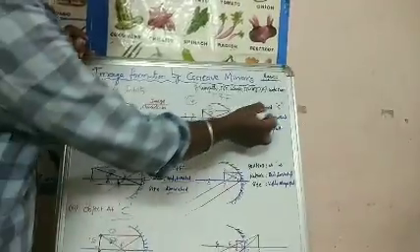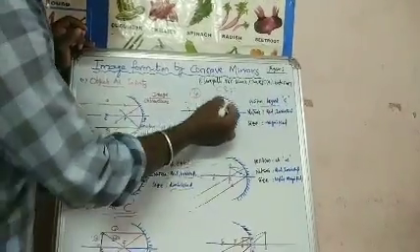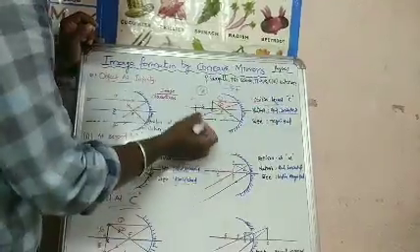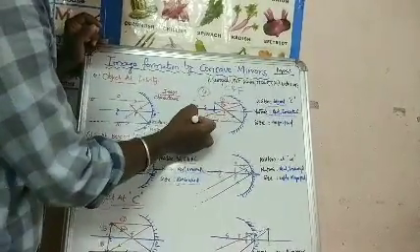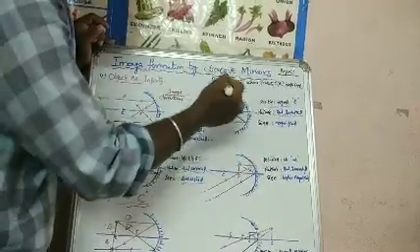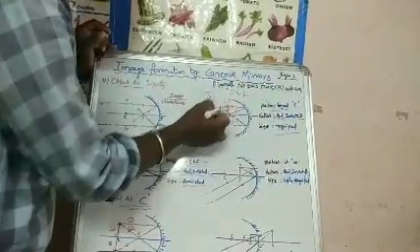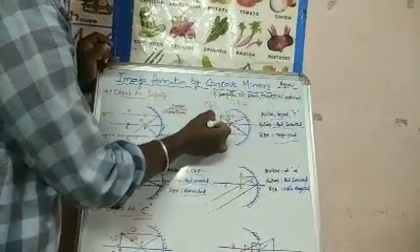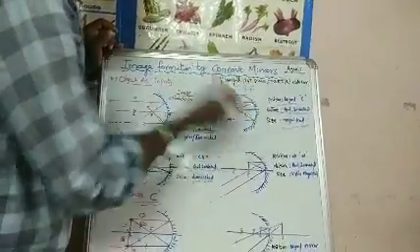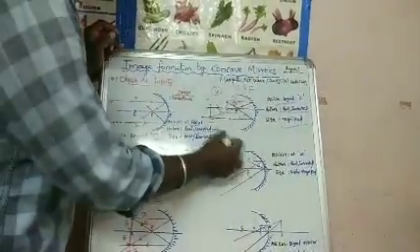So here, what is the position? Behind C. What is the nature of the image? The image is always real and inverted. Compared to the object, the image is larger, that means enlarged or magnified. The size of the image is increased compared to the size of the object. That means magnified. So, fifth point.